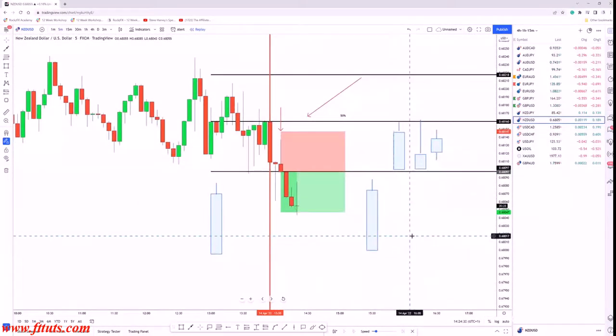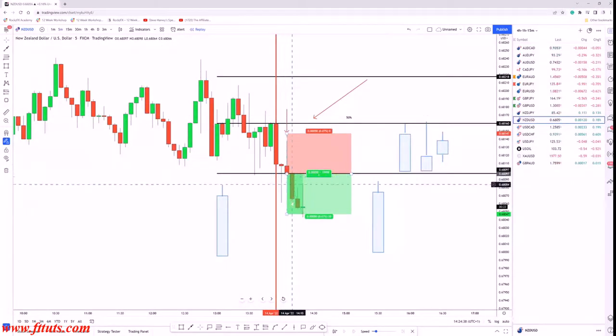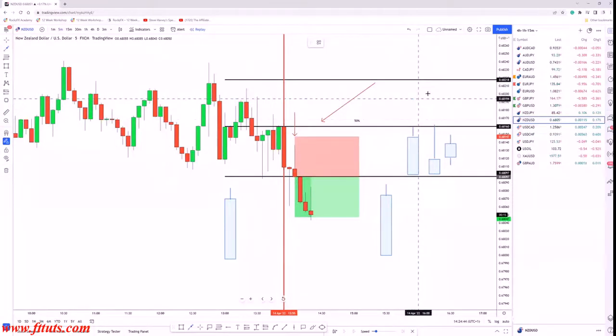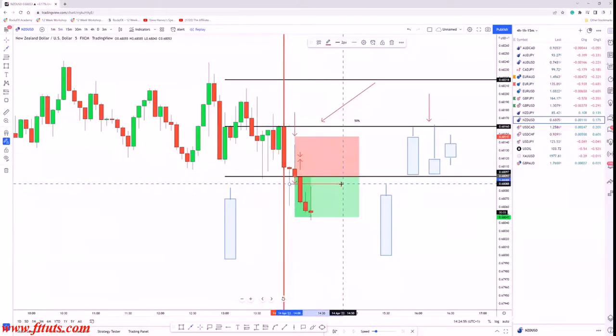Bam! Voila! Now, listen, I'm not saying that you would have taken this entry, because this is an immediate candle close, immediate movement to the downside, right? So the criteria that I look for is everything here. And then I'm looking for maybe a wick to form off of this candle